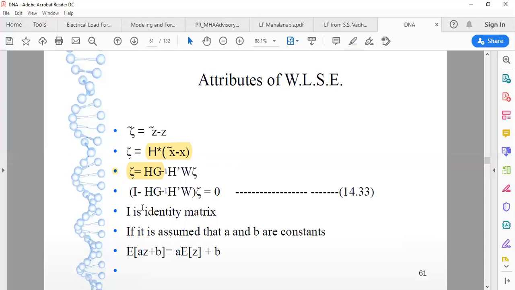Now let's discuss a few generalized mathematical terms. The expected function will be determined when we have a multiplication function like E of AZ plus B. It is a kind of superposition theorem, so this constant can be separately taken out, and it is the expected function of Z plus B, so it won't create any mismatch in results. We are going to utilize this formula afterwards. So keep in mind that when we apply the expected value function, if the multiplier is a constant, we can bring it out and only consider the expected value of the variable Z.